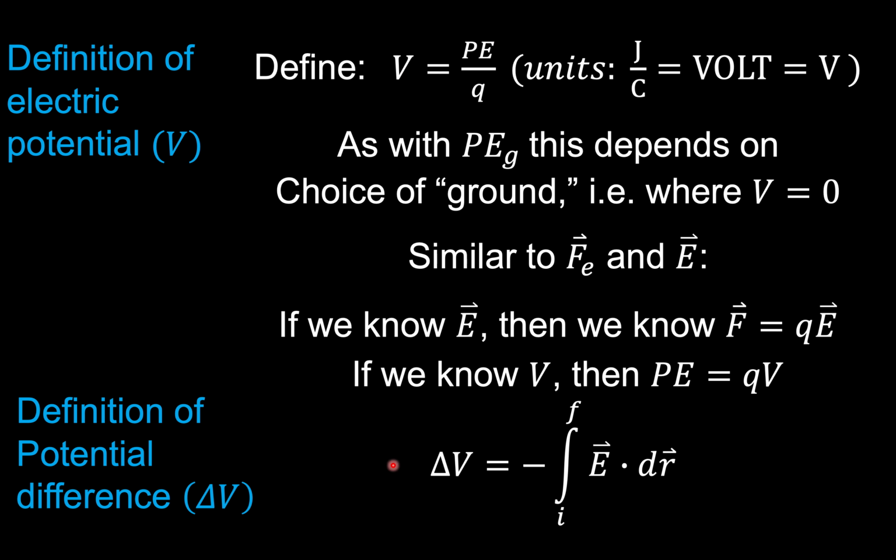And I've moved the negative sign to the other side. This is how we usually see this equation written. So delta V is equal to the opposite of this integral from an initial to final position through the electric field, dr. And I'm going to go ahead and put a little box around this equation,